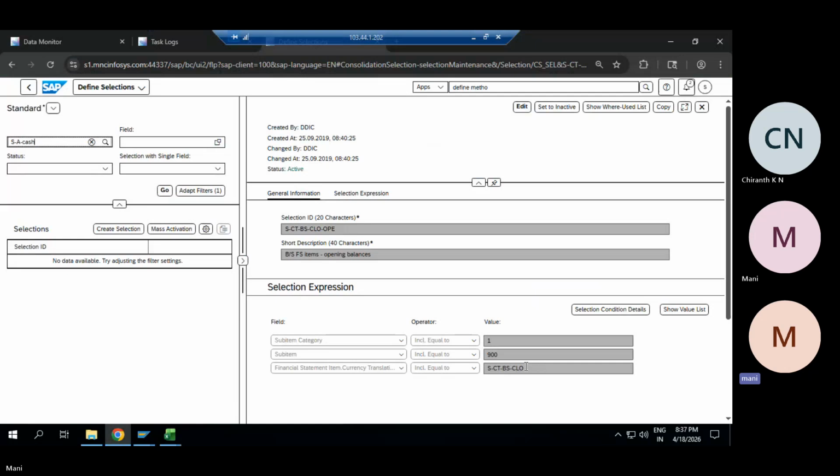So my selection will be based on this particular opening balance. When my sub item category value will be 1, sub item will be 900. Sub item is basically 900, your transaction type. And my selection assigned in my